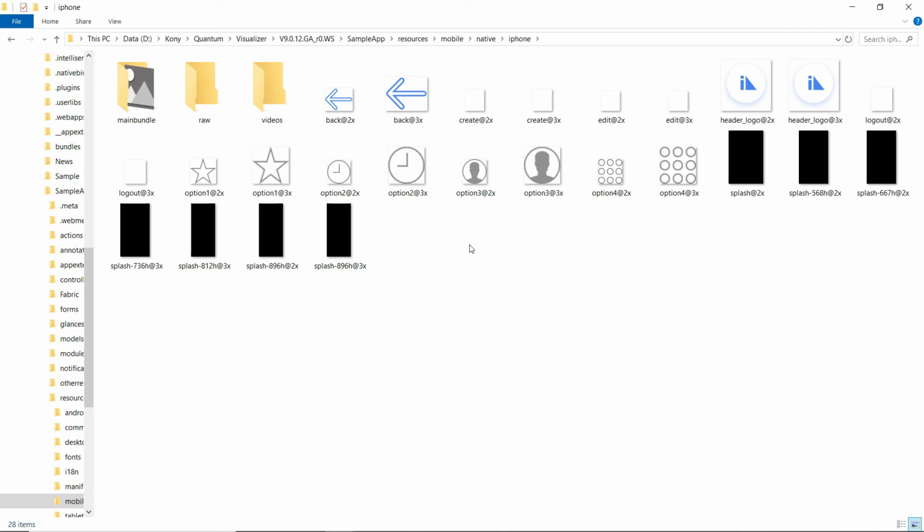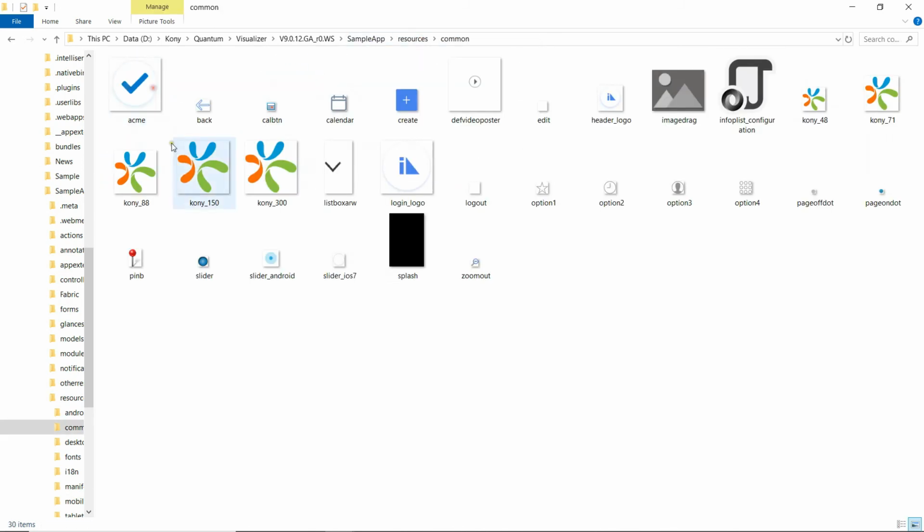So this is how it works by placing the image with the same name. If we go to resources and common, we have option1.png with a dimension of 25 by 24.